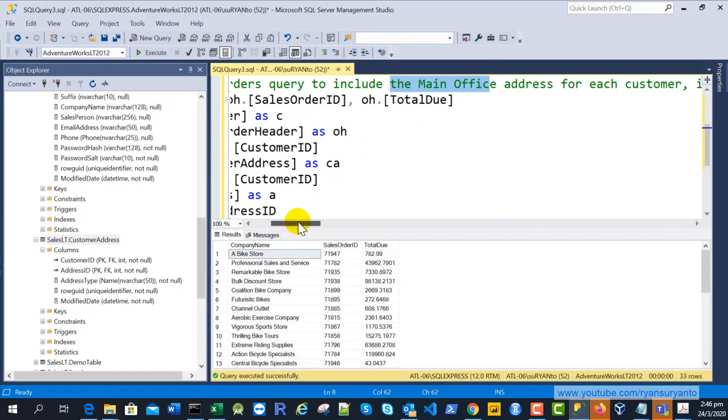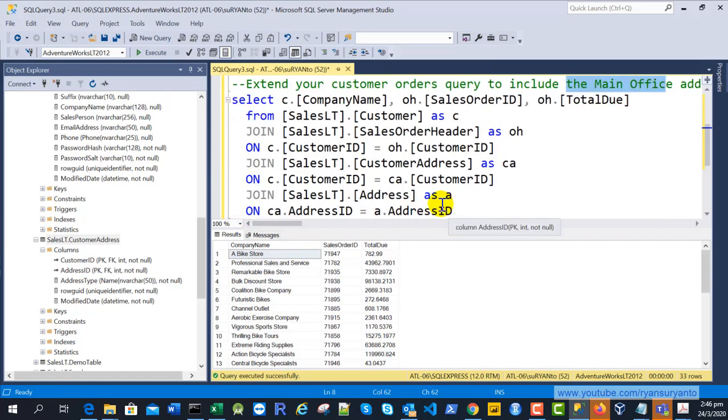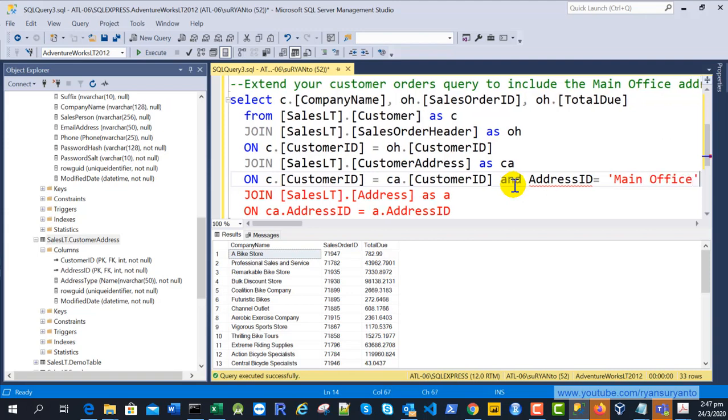So we're going to specify that, on customer ID equal to the CA customer ID, and then and address type equal to main office, this one.